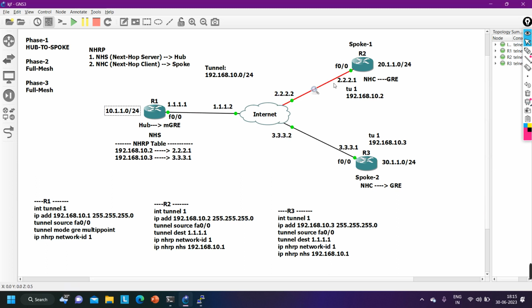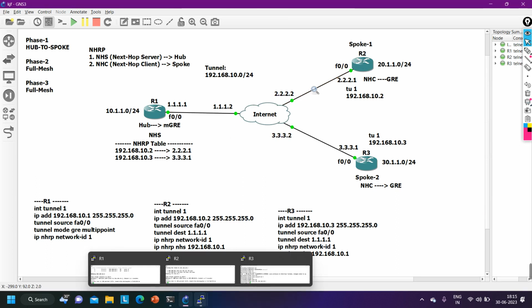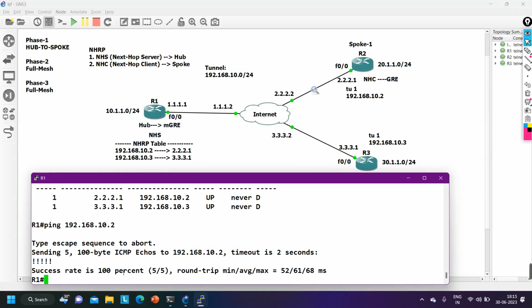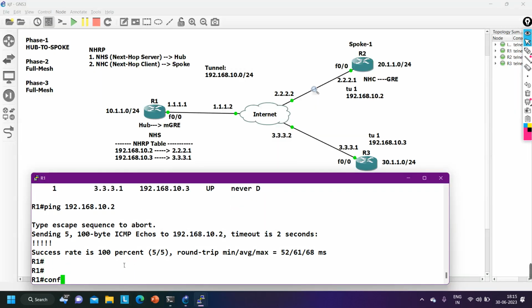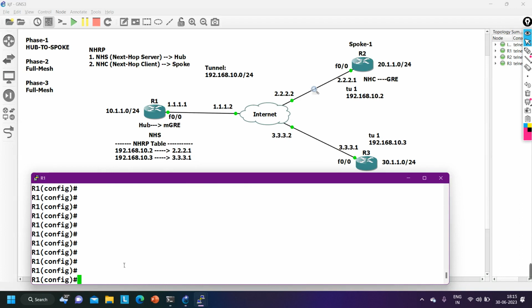Now the LAN users: how will LAN users communicate with each other? So here on the tunnel interface, we can configure any routing protocol, or we can configure static routing. First of all, I am going to show you the static routing configuration. Guys, on router number 1, we need to configure the 20 network and 30 network. So say ip route 20.1.1.0, subnet mask 255.255.255.0, and exit interface is tunnel 1, and next hop IP address is